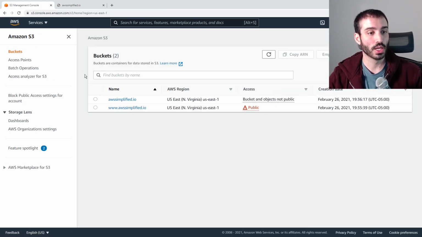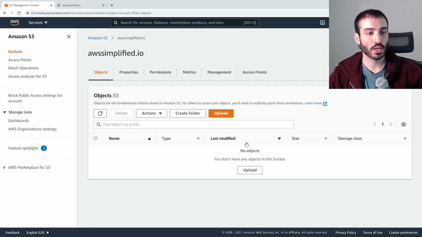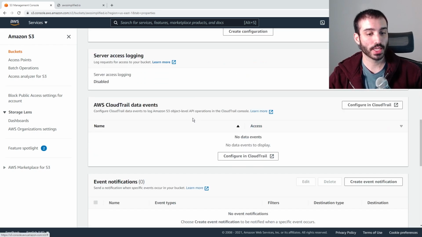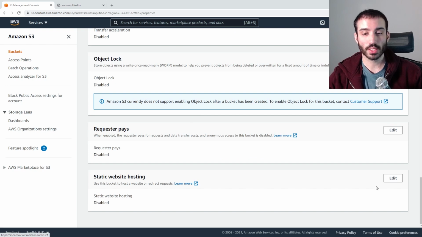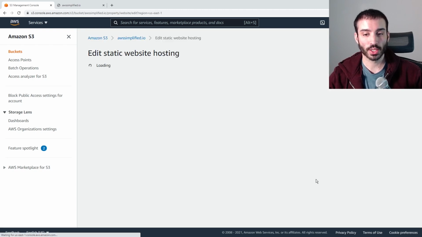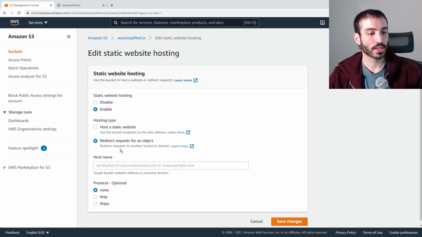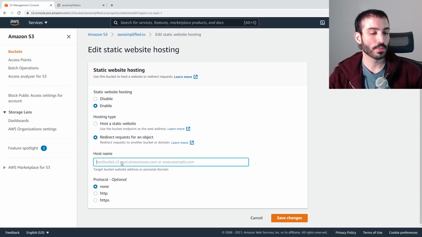So go back to buckets. We're going to click on the non-www version, and we are going to go to properties. We're going to scroll all the way down to the bottom again, to static website hosting, and click on edit. We are going to enable static website hosting, and set it to redirect request for an object. I'm going to click on that, and the host name is going to be the name of our other bucket. So it was